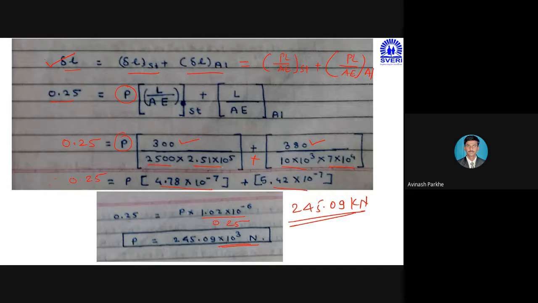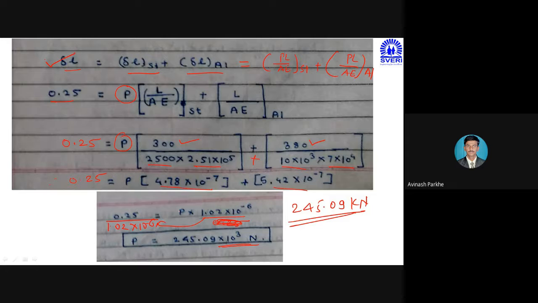Correct. That P we have to keep right side, and this we have to take at the right side. Yes, correct. That is 0.25 upon 1.02 into 10 raised to minus 6. Yes, sir, this is the correct step because we have to calculate the P. If I calculate like that, you will get 1 upon P. Yes, correct. So here we have to make one change, that is if I have to calculate the total P, whatever the term is present on the right side, that term we have to take to the left side, then we will get the P.